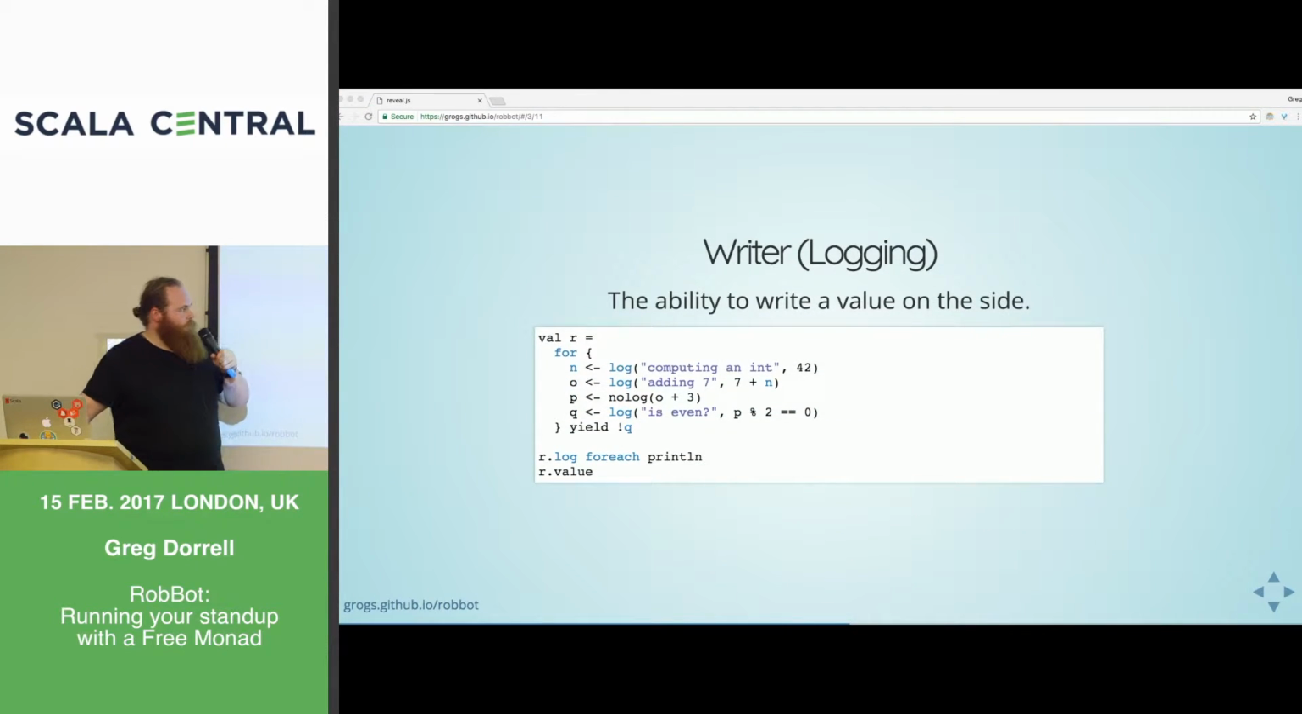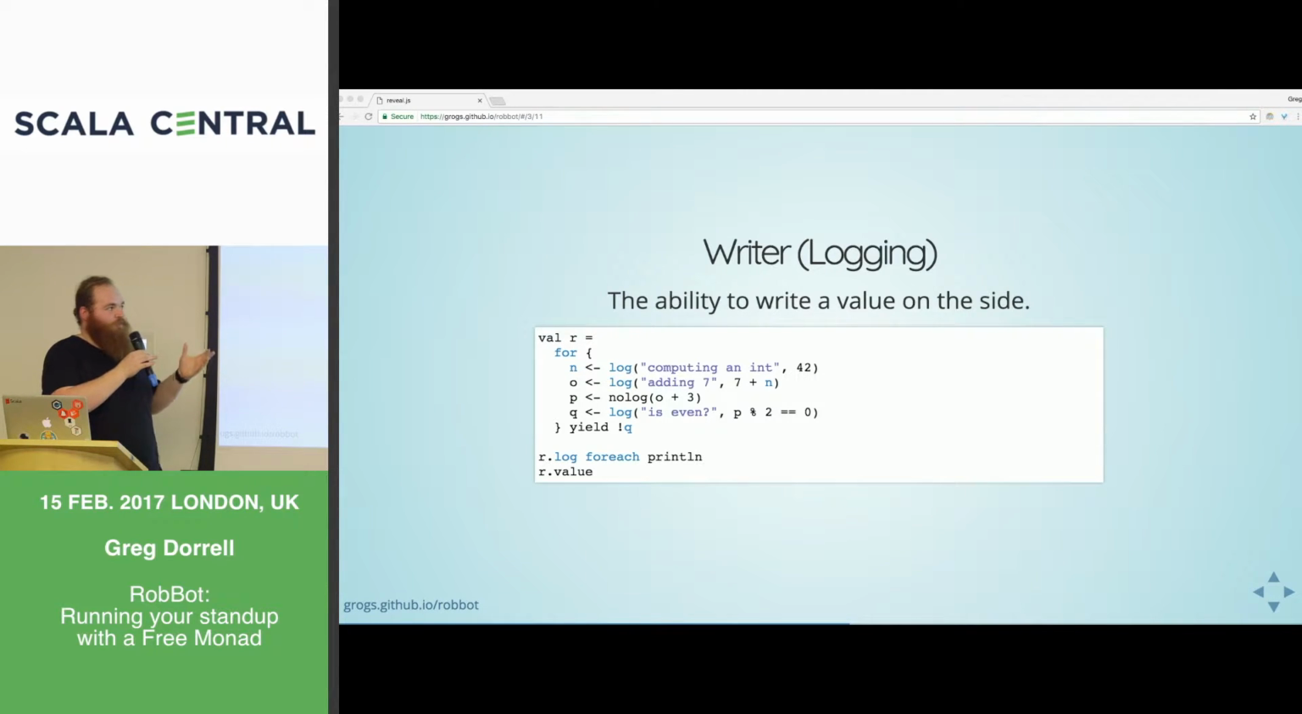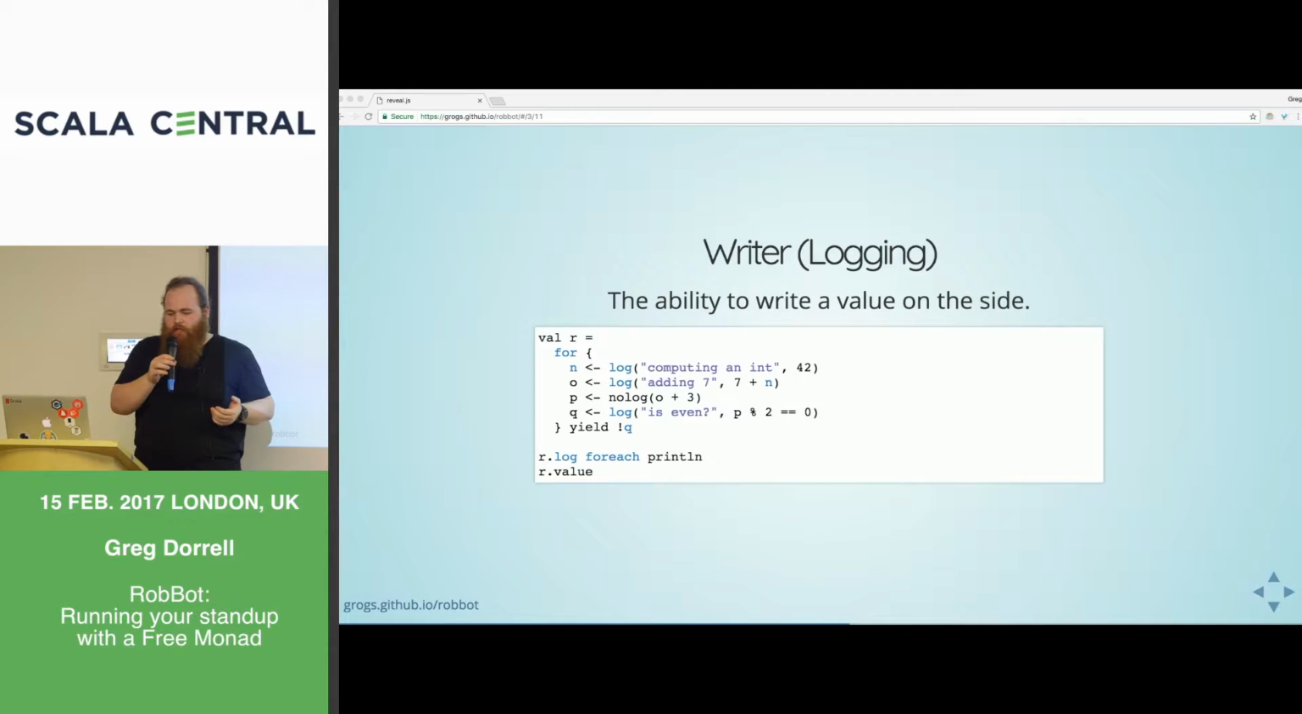Writer, this is another monad. This is one you can use if you want to do logging in a purely functional way. And here, every step in your pipeline or your program can output a log line if it wants. Use cases for this over just logging would be maybe you have some complex process with lots of business rules,